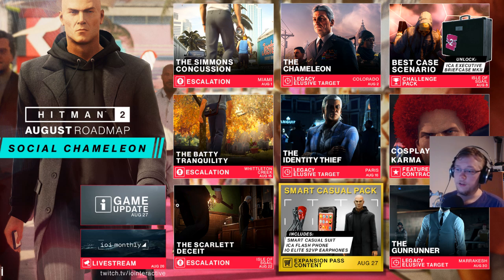The Scarlet Deceit escalation, basically just figure out where X item is and sneak into whatever this room is. I honestly didn't find it interesting. I stopped about halfway through. I don't think I even attempted level 3. Nothing too interesting there. And people with the gold edition got the Smart Casual pack, which is a reskin,